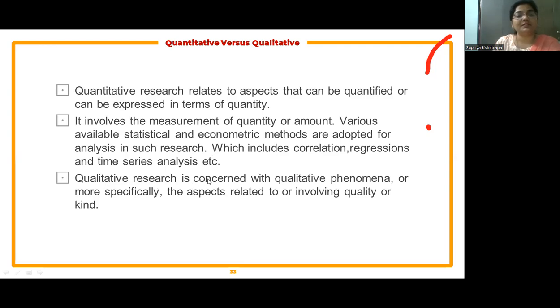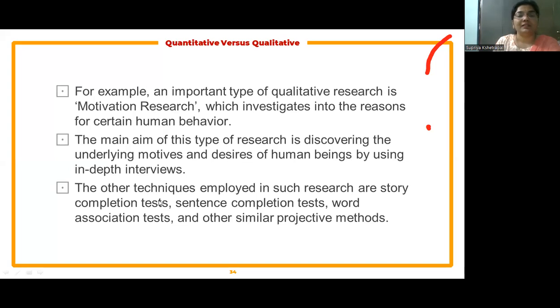Now, the qualitative research is concerned with the qualitative phenomenon and more specifically the aspects related to or involving the quality or the kind. Okay, तो यहाँ पे आपको quality बहुत ही specifically आपको इसका आंसर मिल सकता है, right? Now the next one, the qualitative versus the quantitative, an important type of the qualitative research is